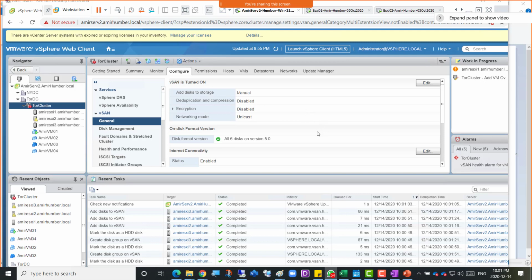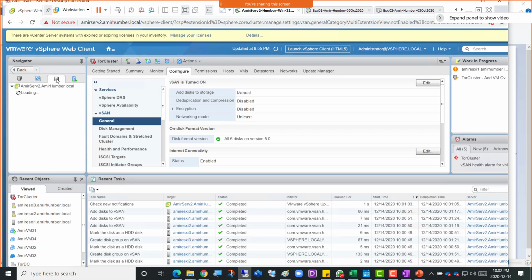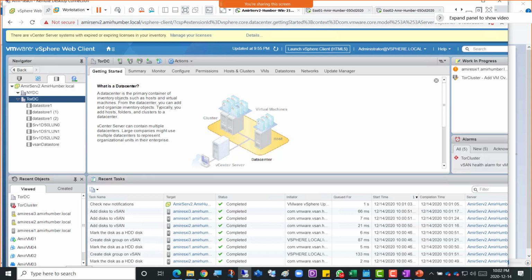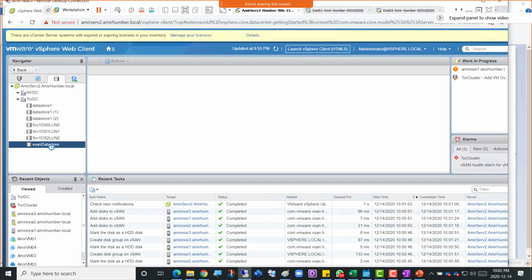So it seems like the cluster is done because its recent tasks are showing here. How do we know that the vSAN data store is created? We're expecting a vSAN data store. If I go to the storage area here, make sure that everything is done and no movement is going on here. Then we can go to this gray cylinder, and yes, there is a vSAN data store. If you click on top of the vSAN data store,